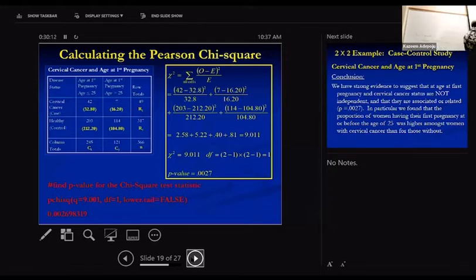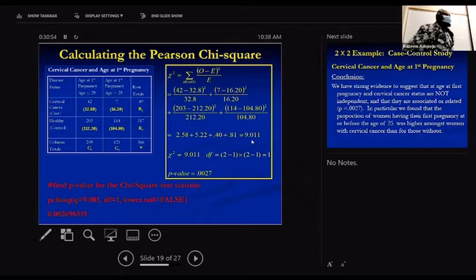I want to use the formula, because the chi-square is going to be observed minus expected, all squared, divided by expected. When I do that, I add it across. Look at what I'm doing here. The first one, observed is 42, minus its expected, 32.8. I square that, then divide by the expected, then add it to the next one. At the end of the day, my calculated chi-square, because the test statistic here is chi-square, I got